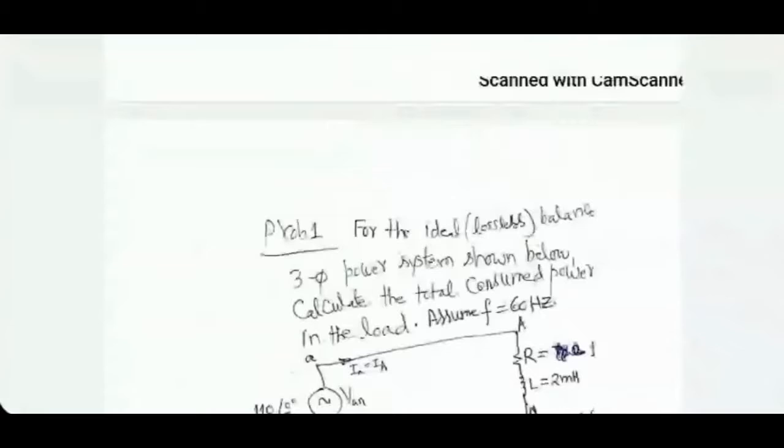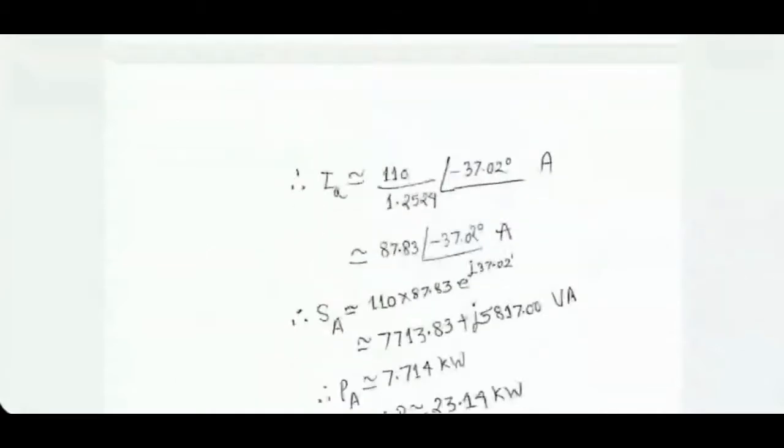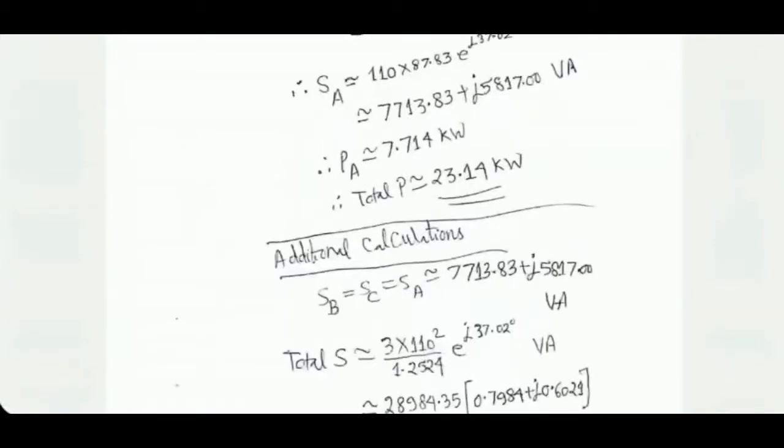By the way, a power triangle can be drawn for phase A. You show P on the horizontal axis, you show Q on the vertical axis, and try to sketch it as accurately as possible. And then you create the hypotenuse, which will be square root of P square plus Q square for each phase. SB and SC and SA, you can do the calculations because it's a balanced system. Complex power will be the same in each of the branches.